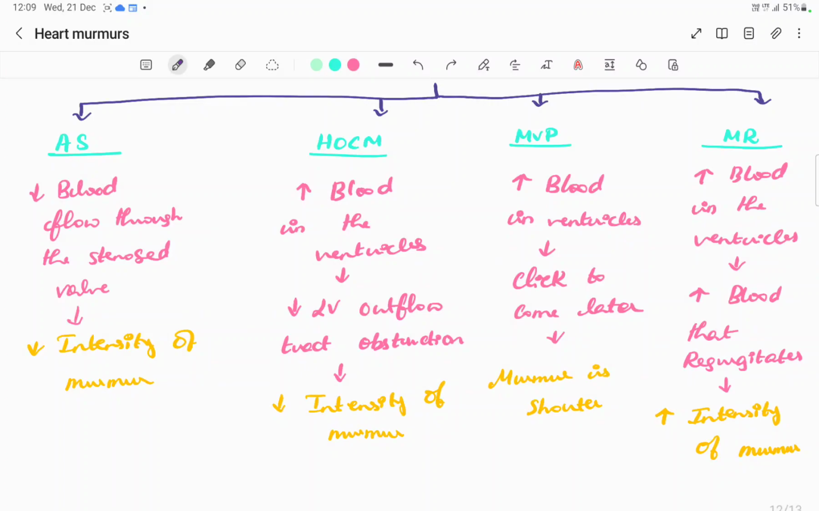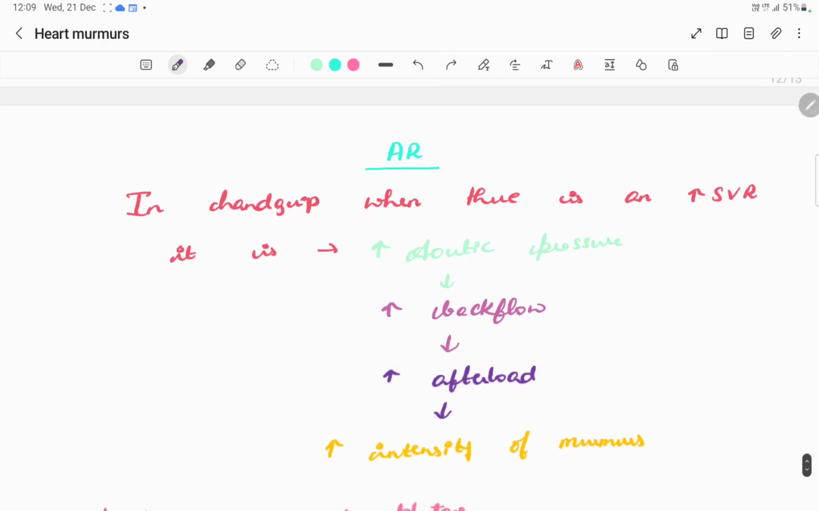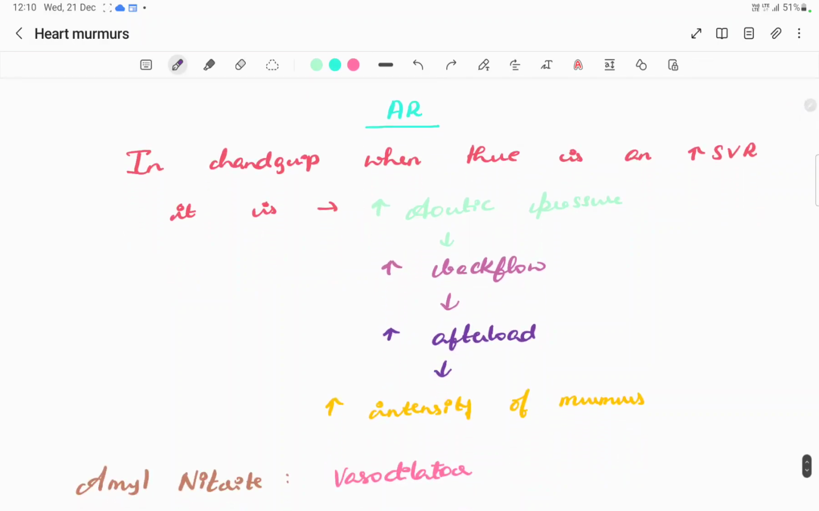Coming to mitral regurgitation, there's an increase in blood. Again, the same thing. There's going to be an increased blood in the ventricles. So that will lead to increased blood that is going to regurgitate. So that will cause an increase in intensity. So basically these 3, they'll be decreased. Only in MR it's going to increase, and a special condition AR, aortic regurgitation, wherein in hand grip there's going